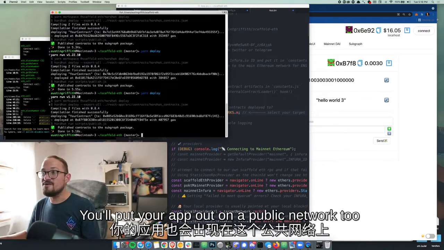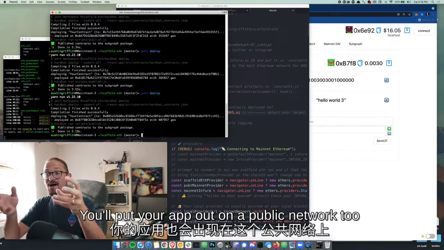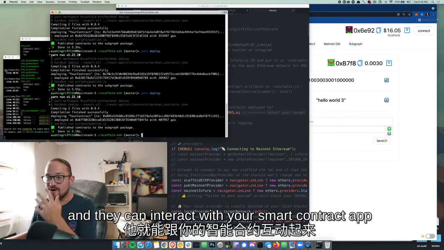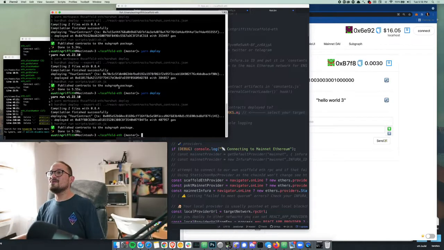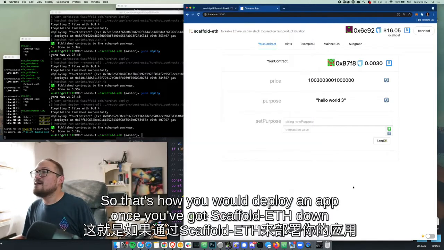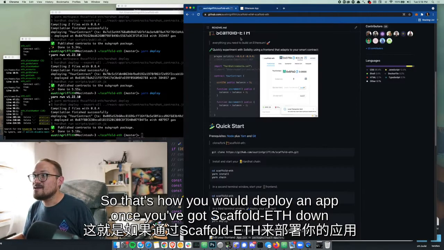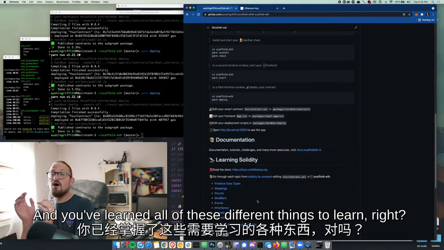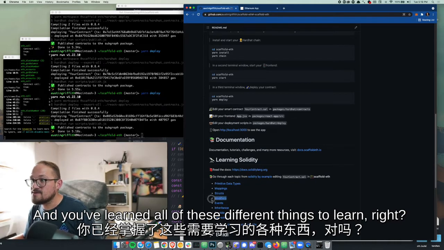You'll put your app out on a public network too. So then you can basically give someone a URL and they can interact with your smart contract app. Okay, cool. So that's how you would deploy an app. Once you've got Scaffold ETH down and you've experimented,